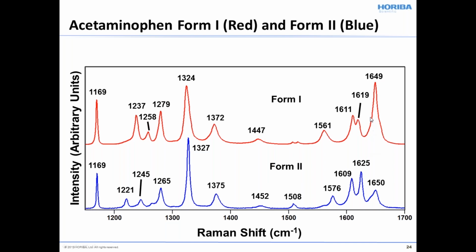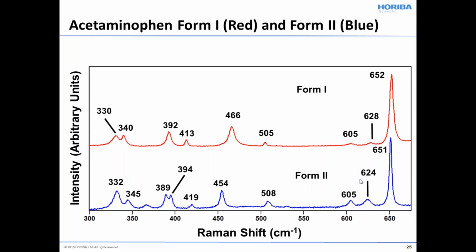And also, if you look at these two peaks over here, we've got a band at 1619 and 1611, and these peaks probably correspond to these peaks right here at 1609, where this one is shifted to a lower energy, but this one is shifted by 6 wave numbers to a higher energy. So we can differentiate, even in the higher frequency portion of the spectrum,